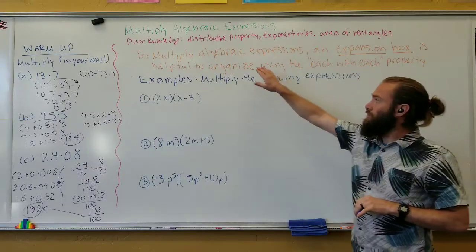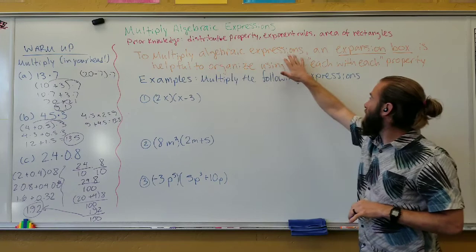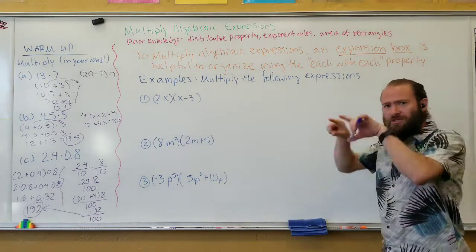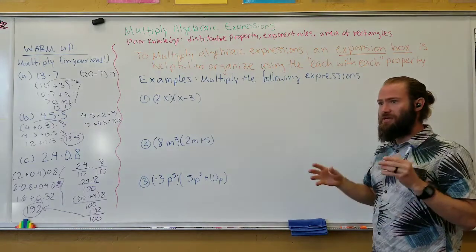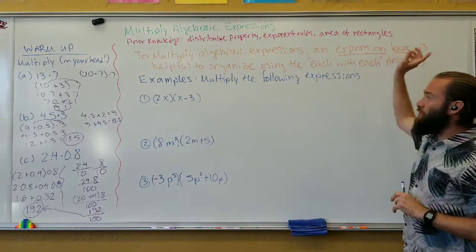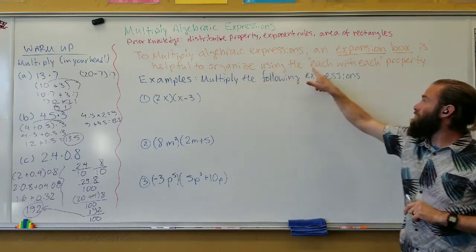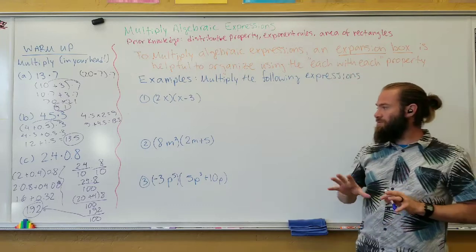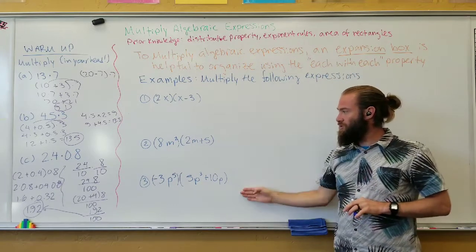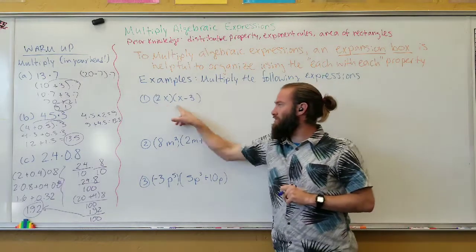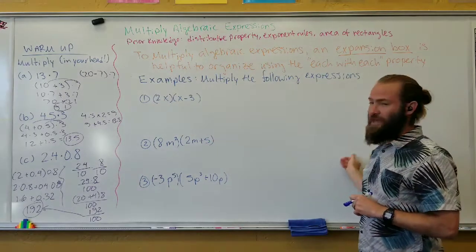Okay, so to conclude what we just talked about, to multiply algebraic expressions, we're going to learn about a tool called an expansion box, which is pretty much a rectangle that we can think of like finding the area of the pieces. Okay, and it's a really helpful tool to organize using this each with each property I told you about. We're going to start with some simpler examples with just distribution, and I'll show you the basic way to use an expansion box to do a basic distribution,